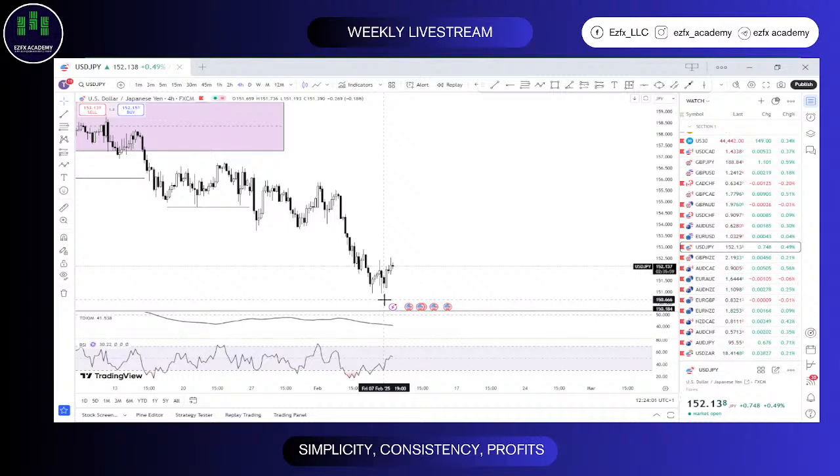So maybe normally you'd be using 0.5 or one lot size, but you enter that trade with like 0.02 or 0.05. Like, I don't really trust this guy. It looks too simple. It looks too good to be true, right? If at all you have been experiencing that, I just want to tell you, next time, use a 5 lot size. Don't even use one lot size again. Why do you go with fear? Why do you see a setup and say it looks too good to be true? It must be difficult for you to see that zone before you actually know that this trade will go.